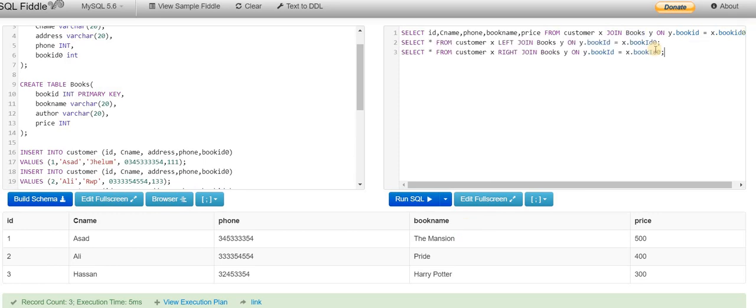So let's do example जिसमें हम left join और right join करेंगे. We're going to do both of these at once because the syntax में सिर्फ एक left और एक right का फर्क है. So select star from customers. Select star means select everything from customer. X is the alias. Left join books Y on Y book ID and X book ID 0. These are the two keys that we two attributes जिनको हम मिला के data find करेंगे. So this is the left join and this is the right join.